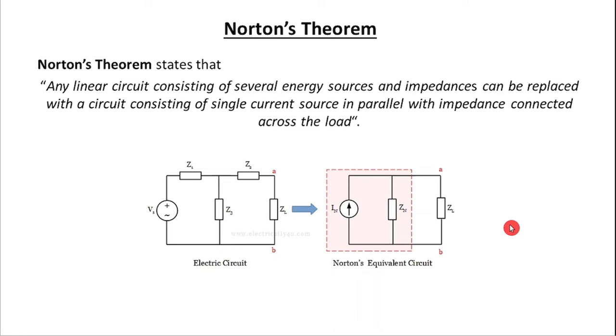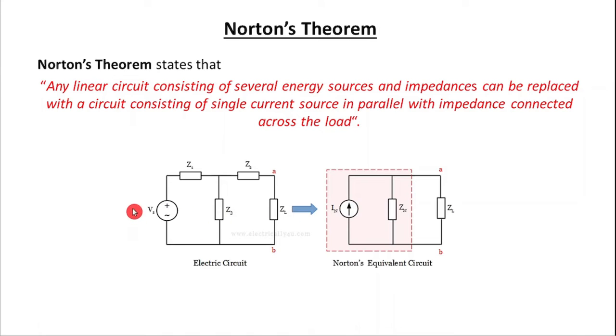Norton's theorem is used to solve complex electric circuits consisting of several energy sources and impedances by converting them into a simple equivalent circuit called a Norton's equivalent circuit. So here you can see there is an electric circuit which consists of a voltage source and many impedances connected across the load. Now this can be converted into this equivalent circuit, which is called a Norton's equivalent circuit,